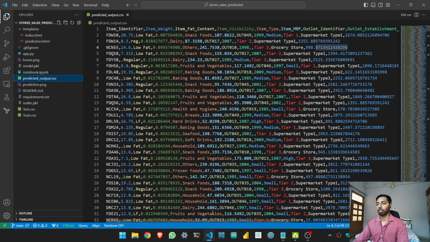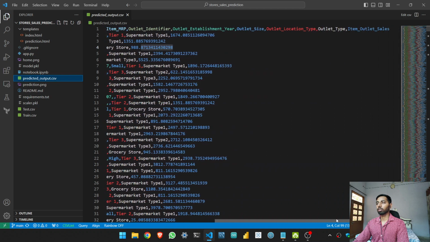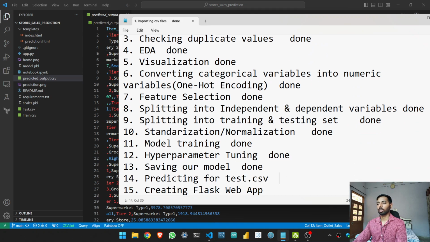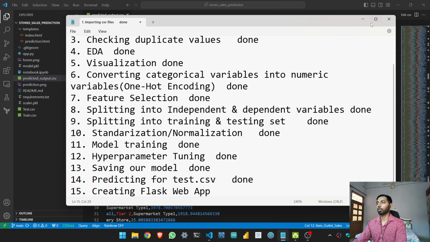You can see here we got this column with the predicted value. Now this step is also done. Now our step is to create the Flask web app. For that we have to create a